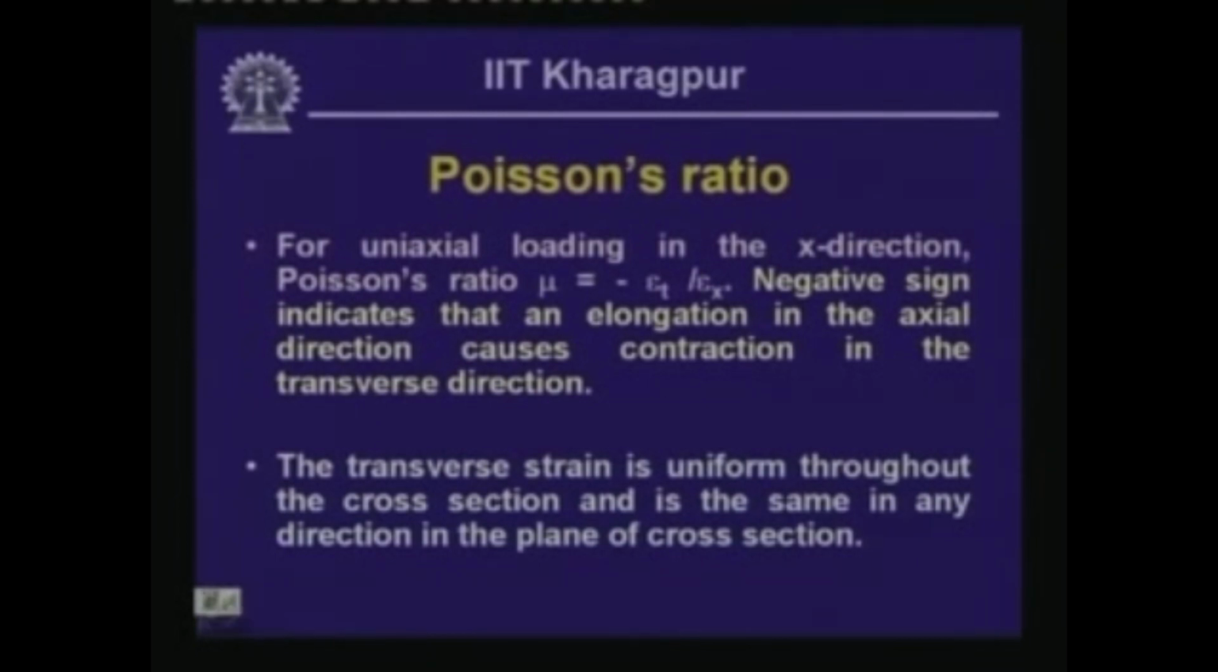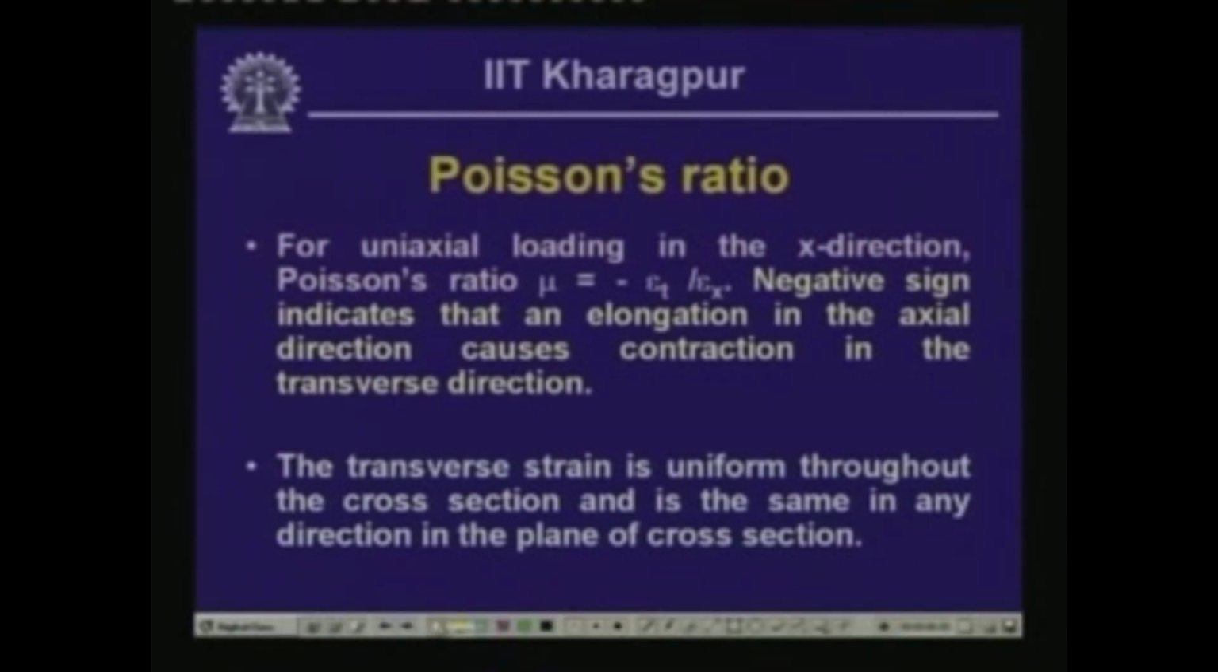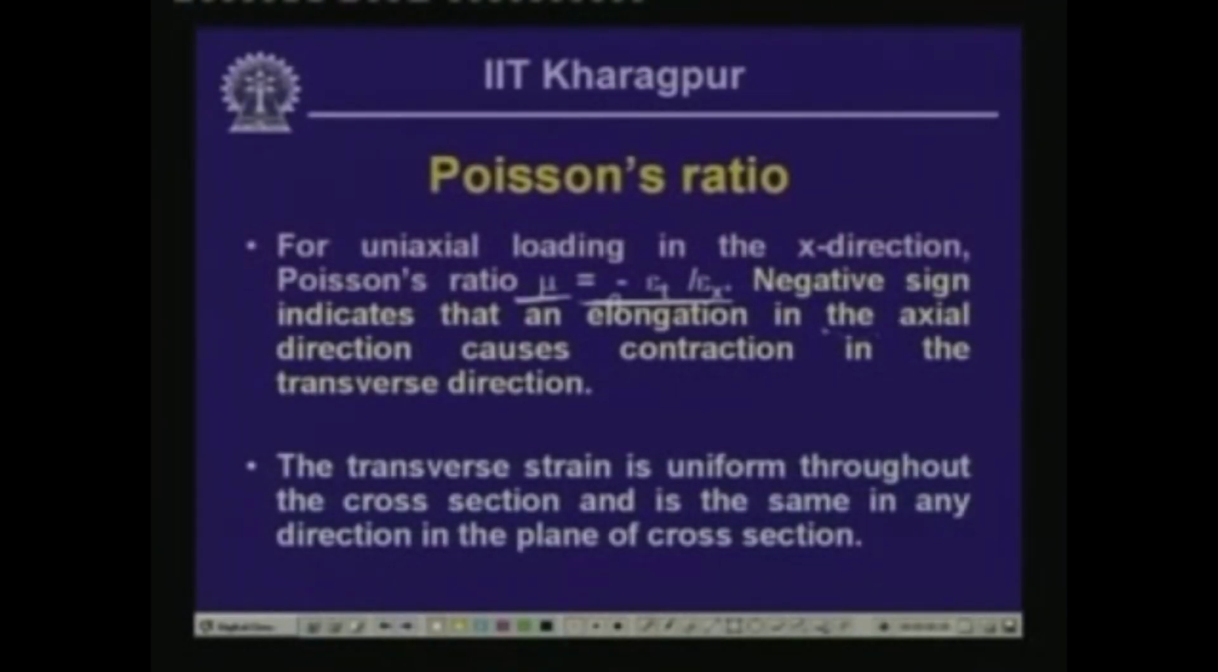Now, for uniaxial loading, when the bar is subjected to uniaxial pull in the x direction, the Poisson's ratio, from the definition just given, equals minus the lateral strain to the longitudinal strain. Please note that we have introduced a negative sign in this expression. This indicates that when the body is being pulled in the axial x direction, in the other direction it is undergoing contraction, and that is why this negative sign has come. So, the negative sign indicates that an elongation in the axial direction causes contraction in the transverse directions,